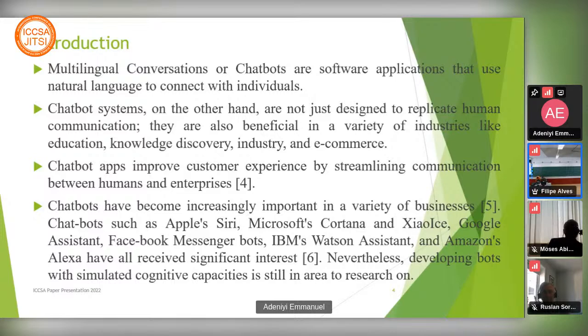So, should we close this one? It is the introduction first slide, right? Yeah. Adini, you can just ask him to give the slides to you. Who is presenting here, Adini or Moses? Adeni is the presenter, but we have